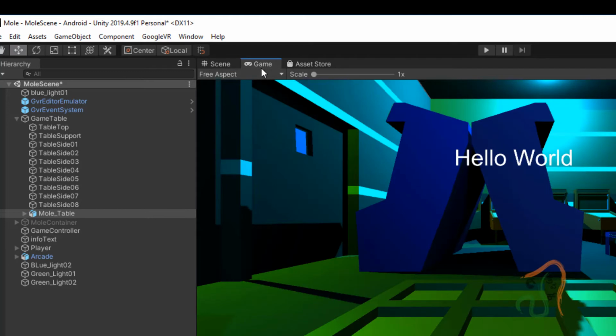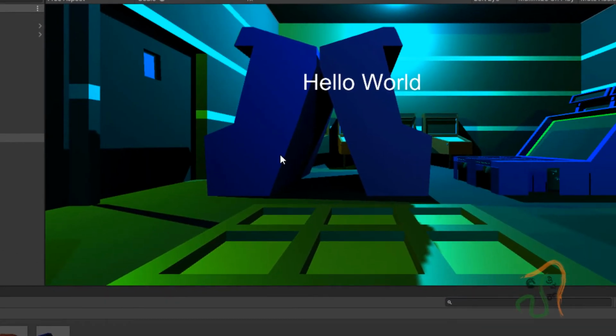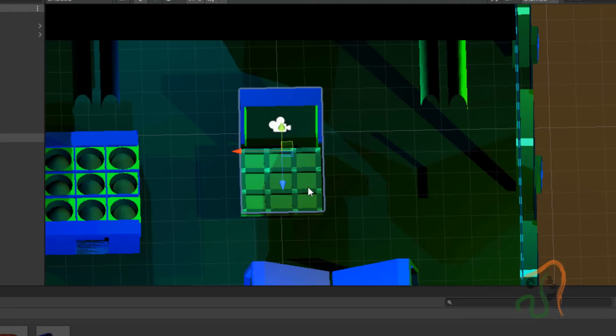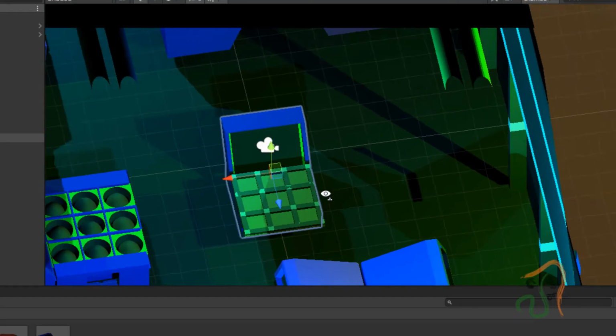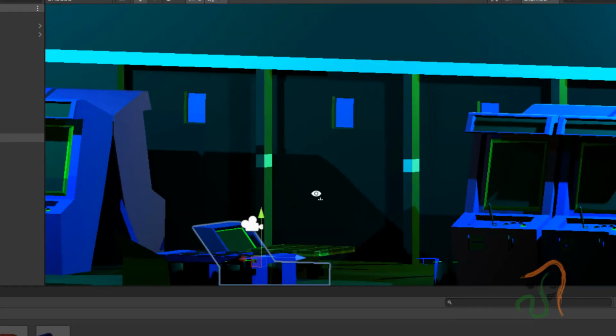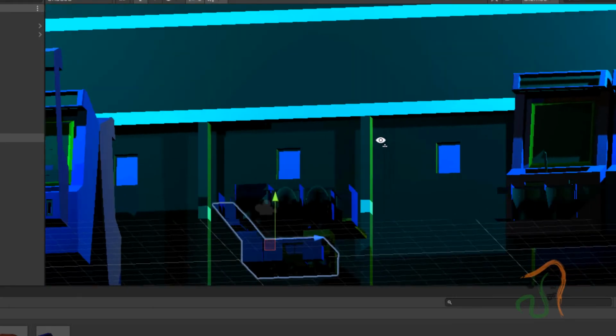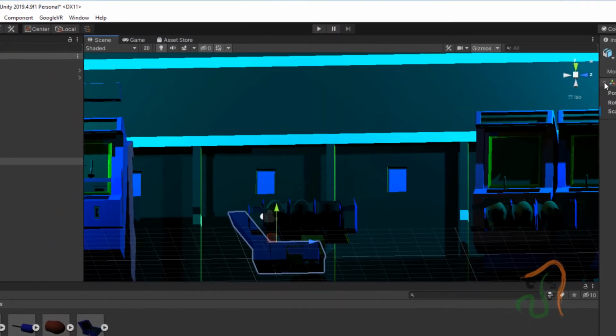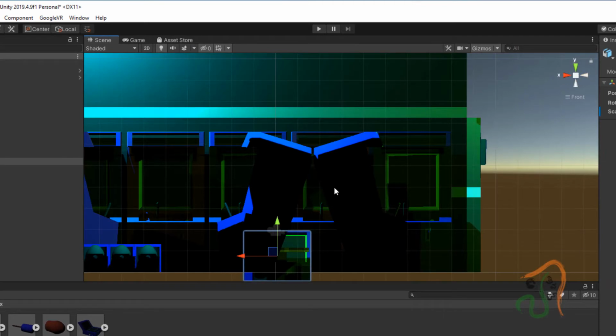If we come to the game view here, if I right click and see it, you can see the position. If we come along the z axis, you can see it is a little to the bottom. Let us drag it to the top.